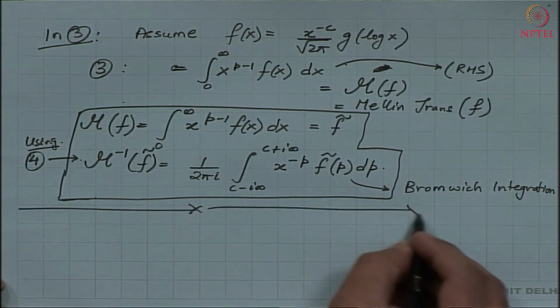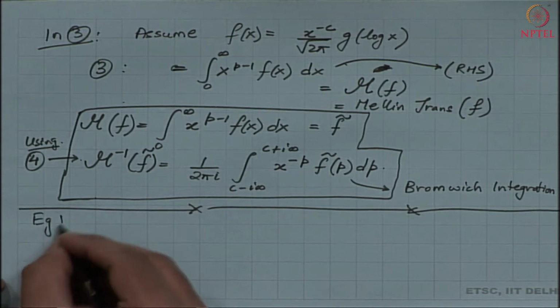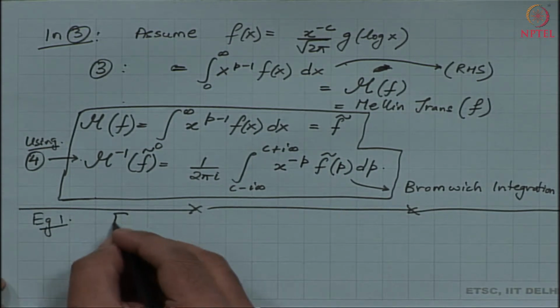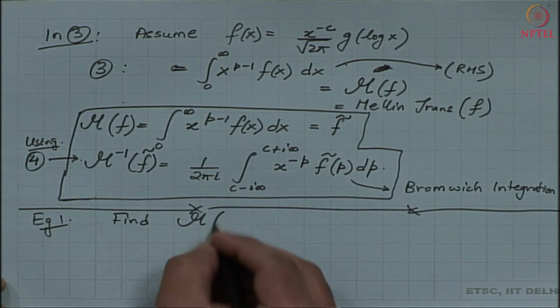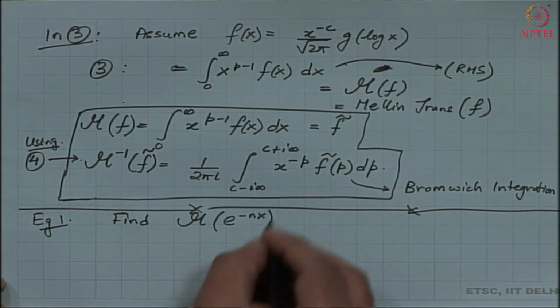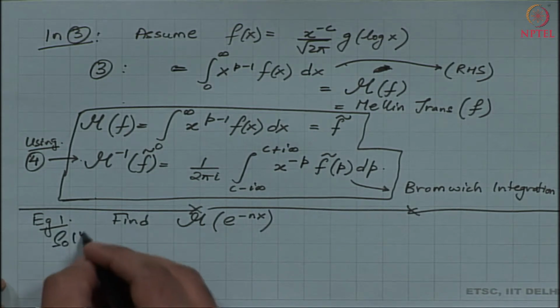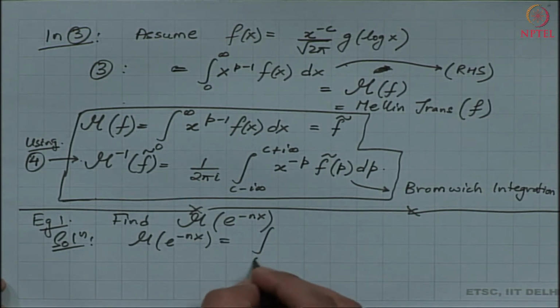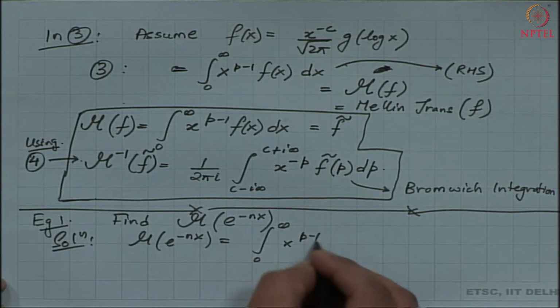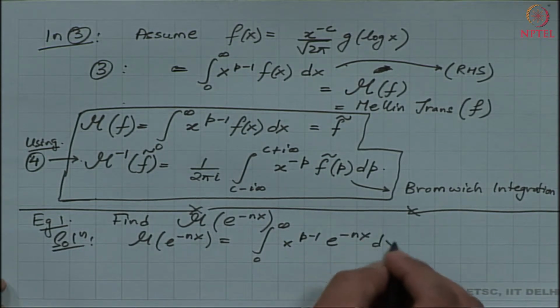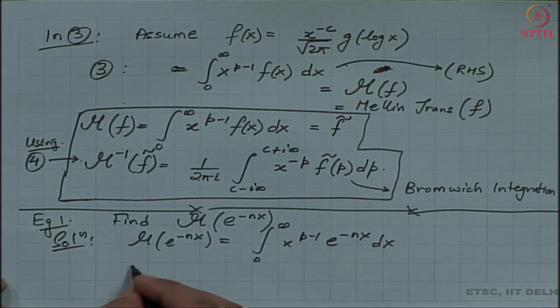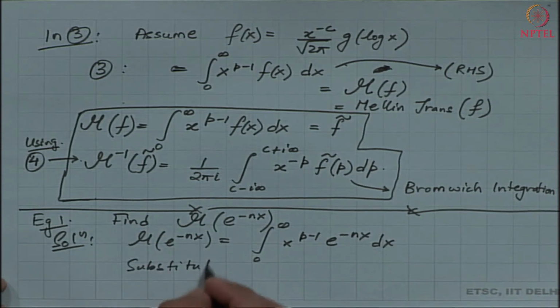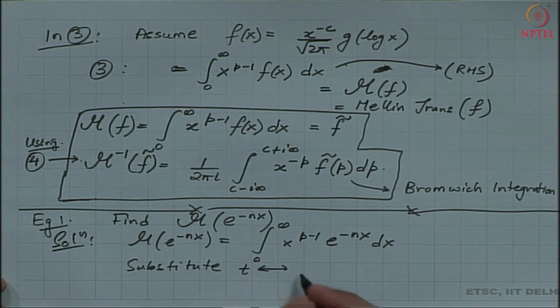Let us look at some very straightforward basic examples. The first question says find the Mellin transform of e to the power negative n x. To find this we have to evaluate the integral from 0 to infinity of x to the power p minus 1 e to the power minus n x dx. If I were to substitute my variable t, replacing n x by t, then I get that this transformation is